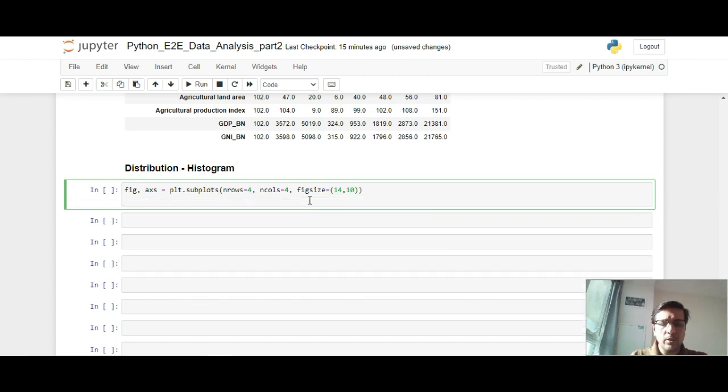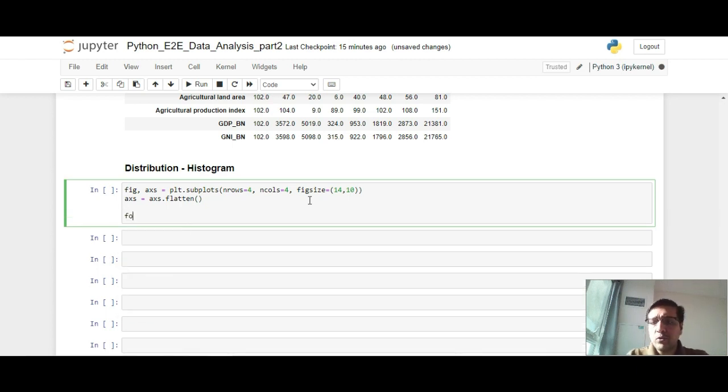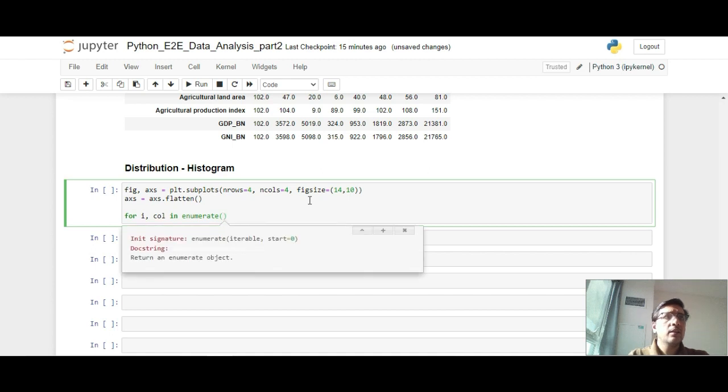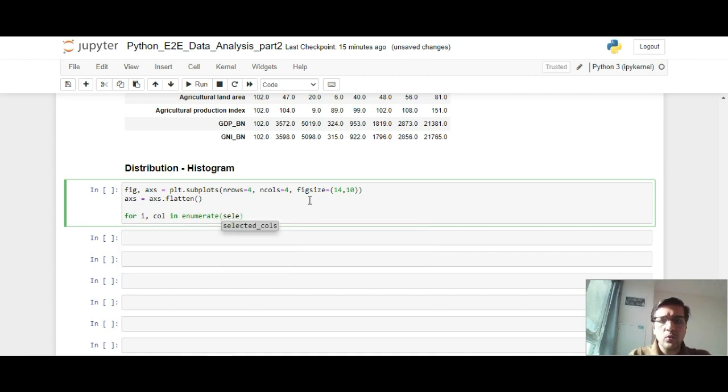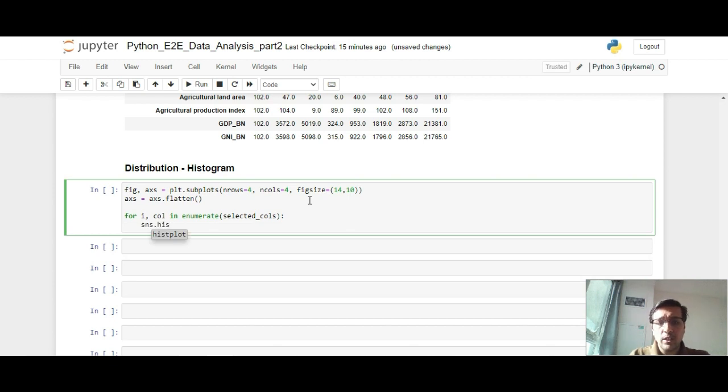Now this is our typical parameter. We also want to have a flattened axis, so we define axis is equal to axis dot flatten, and we'll iterate this particular histogram requirement through a code, and we'll say that for i and column in enumerate selected columns. So basically, it will take the selected column, its index, and store the index in i and the name of the column. So we'll call sns dot histplot,